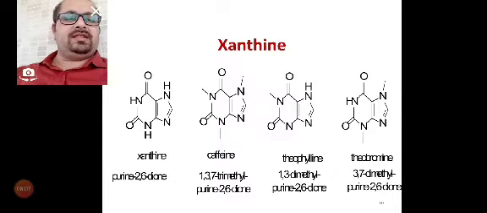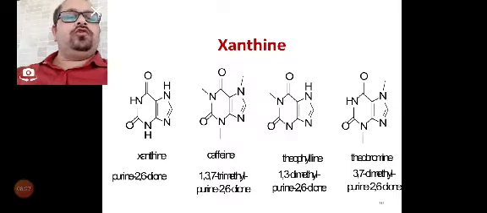What is the difference between xanthine and caffeine? If you substitute a methyl group at positions 1, 3 and 7, you will get caffeine. So caffeine is nothing but 1,3,7 trimethyl purine 2,6-dione, or we can simply say 1,3,7 trimethyl xanthine is nothing but